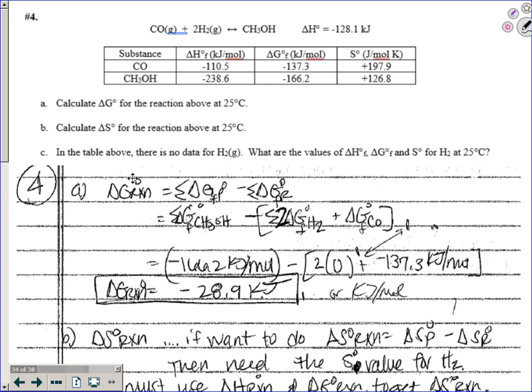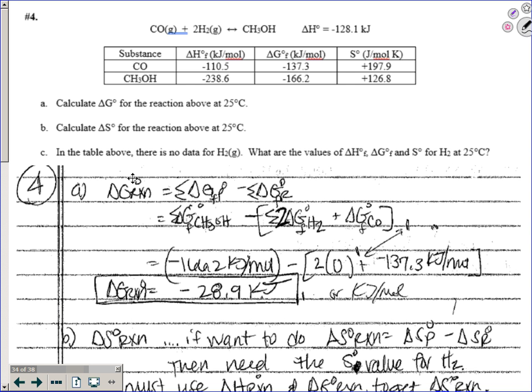The only one that I really was concerned about when I looked at y'all's papers is C. So do note that the only time you can have zero for free elements is for which cases? Delta H and delta G, but not S, not absolute entropy. The reason they don't give it to you up here is because they want you to know when you're finding G here, you have to use zero for the